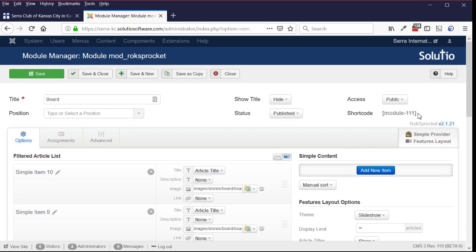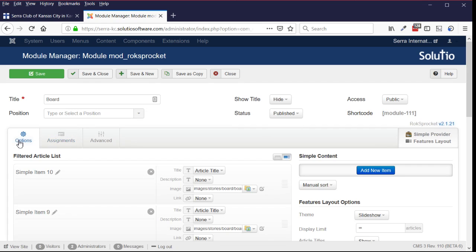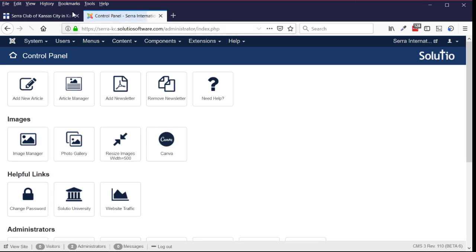What I want to take note of here is this short code over here on the right hand side. It's module-111. So it just means there's 111 modules somewhere created within this site. I want to copy that. So I right clicked and chose copy. It's okay that my title hides. It's published, there's no position, and actually there's no pages that this module is assigned to. I'm going to click Save and Close, and then I actually want to go find my board